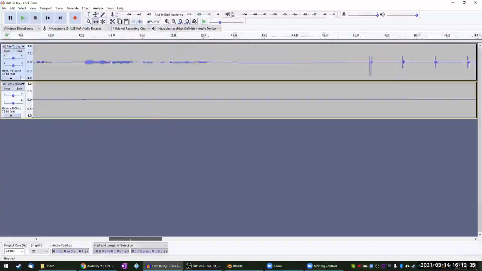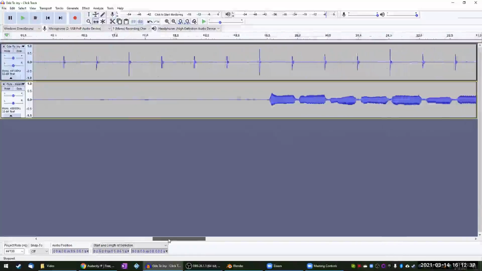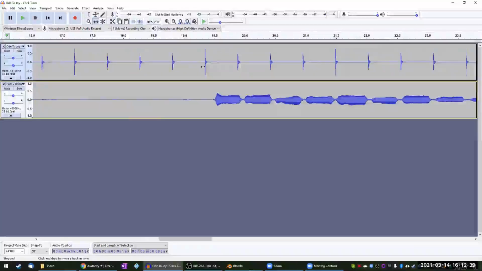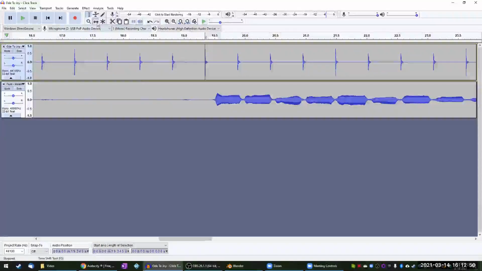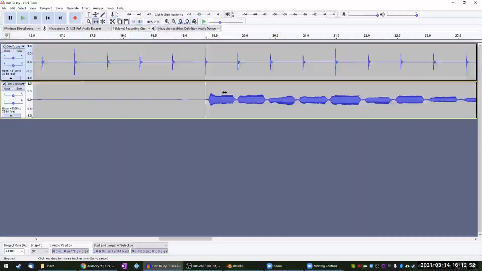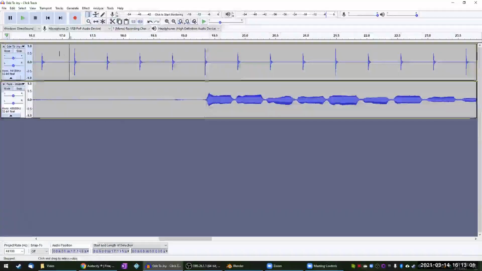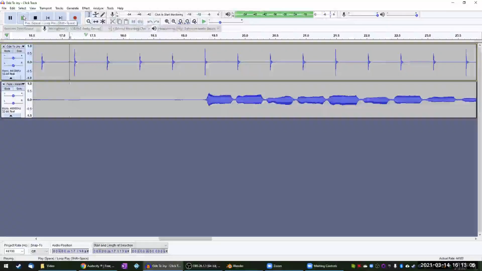So just to fine tune that, I'm going to slide ahead to where the song begins, and I'm going to try to line this up closer to where these clicks are. So if I use that same selection tool and click on what would be the start of the song, or the 3rd measure of clicks, I'm then going to drag her sound up to about the start of that. And then from here, back to my selection tool, I can click back a little bit and hit play to see how I did with the metronome clicks.